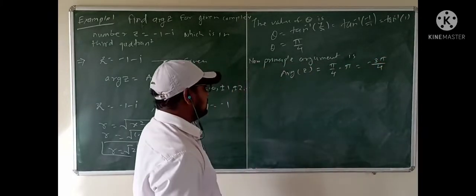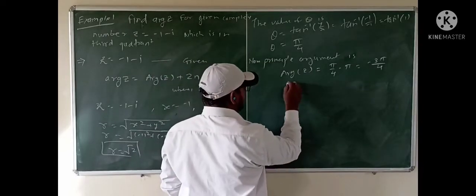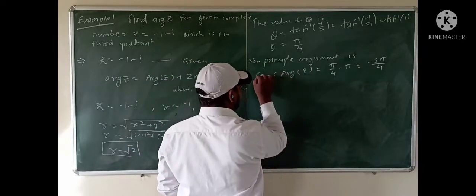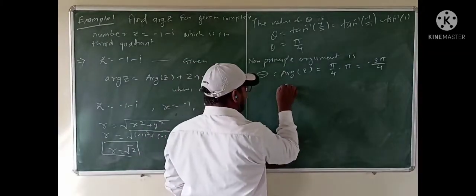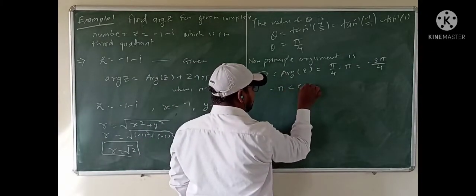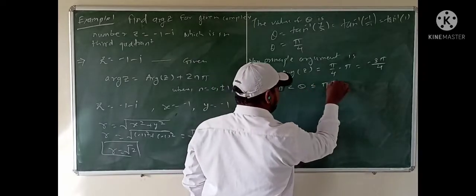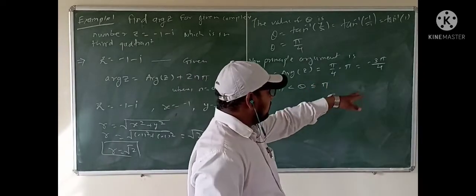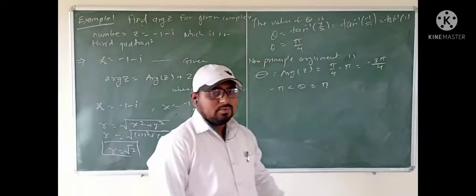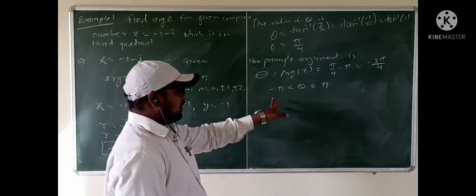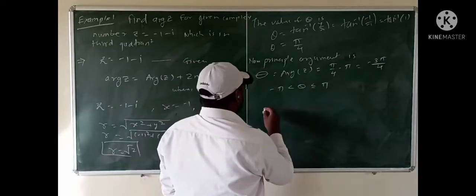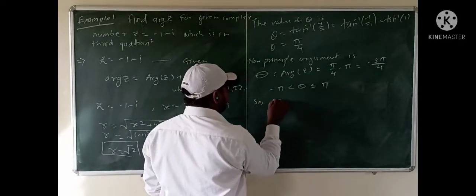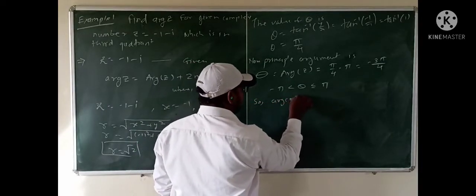Okay, the value of the argument of this z is also represented by capital theta. This has values from minus pi less than theta less than or equal to positive pi. So this value, minus 3 pi by 4, lies between minus pi and positive pi. So